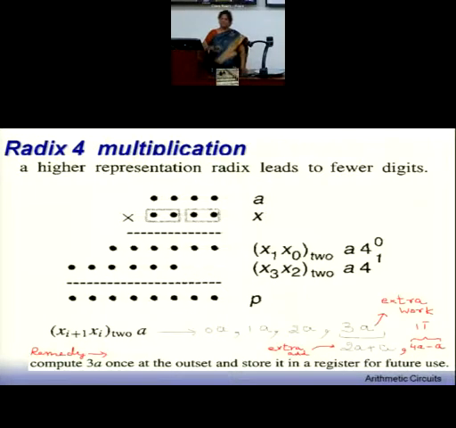In the next case, to reduce my number of PP rows, I take a radix 4 multiplication. What is radix 4? Now, I take a combination of 2 bits together, and then I multiply my multiplicand by these 2 bits at once, so that I generate only one PP row. Then I combine the next two together and I generate another PP row. So this gives me only 2 PP rows, 2 partial product rows. So naturally less number of PP rows, faster is the addition.